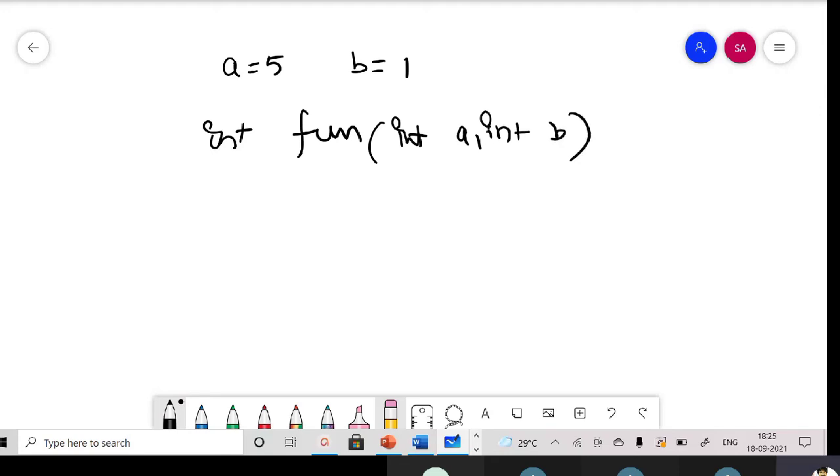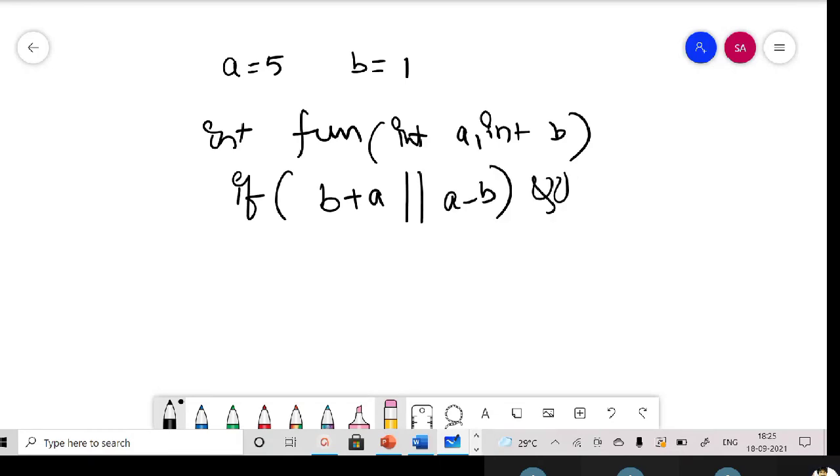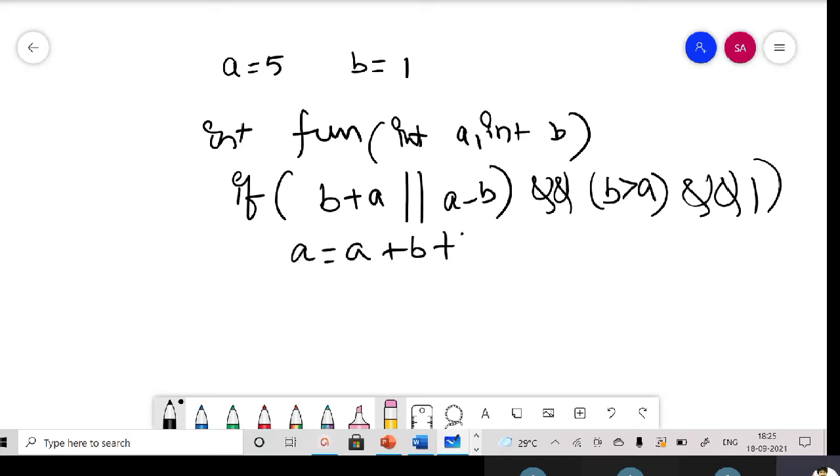Here I'm writing a condition: if B plus A or A minus B, and B greater than A, and 1. So this is the condition. If that is true, we say that A equals A plus B plus B minus 2, and we return 3 minus A.